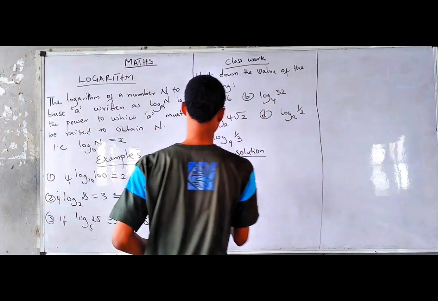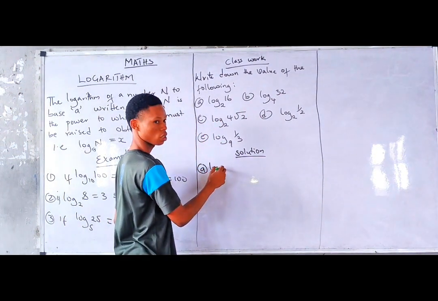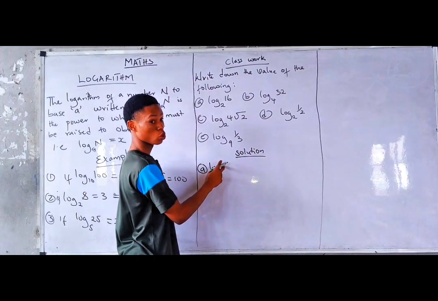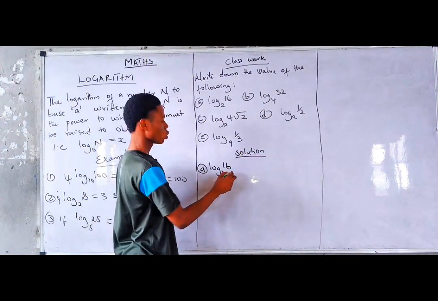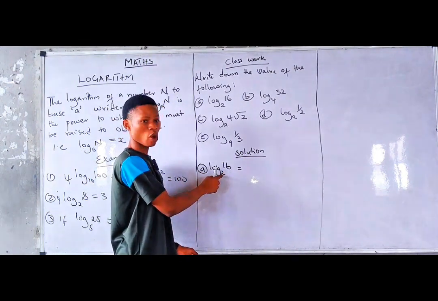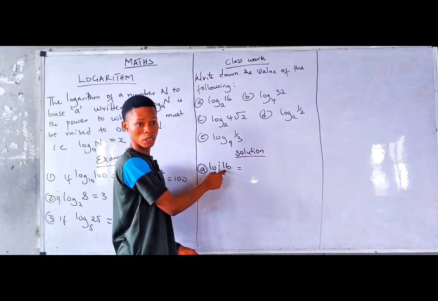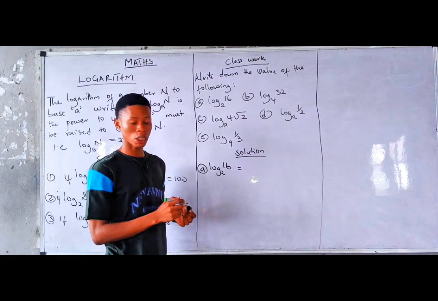So the first one, I believe everyone got this first one. Log, not log 2 in base 16, no. Log what? 16 in base 2. So in this case, remember I said the equation is 2 raised to power what to give us 16, right? That is the equation. The simplest way to solve this is